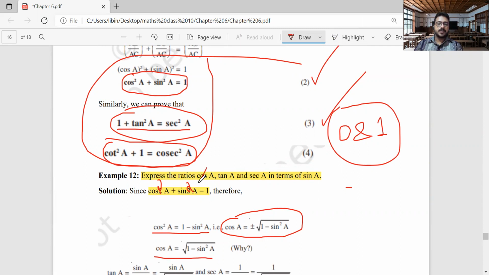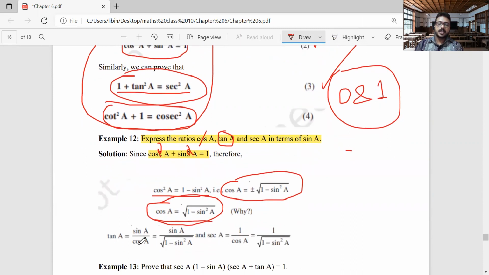So we have completed our first section, where we have used sin a to represent cos a. Now, just do one thing. How can we denote tan a? We know that tan a is equal to sin a divided by cos a. Now instead of this cos a, just substitute this one. That is, tan a is equal to sin a divided by square root of 1 minus sin squared a. So tan a is also complete.